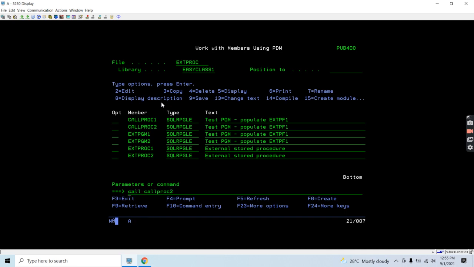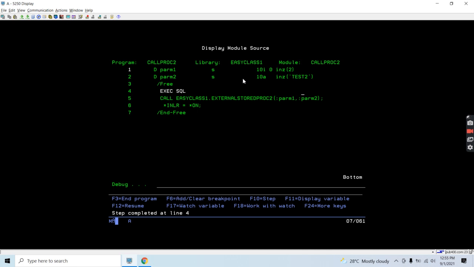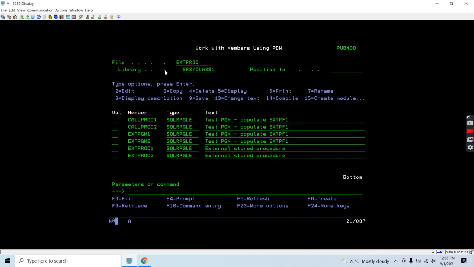So if we call it again, and if we change the value of param1 to, let's say, 3 in debug, and param2 to test3, and take F12, just do it in debug from here.